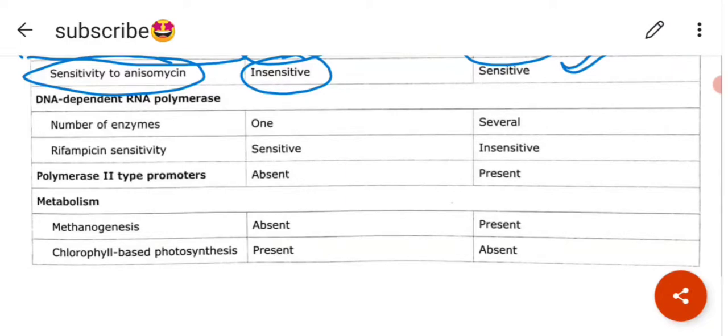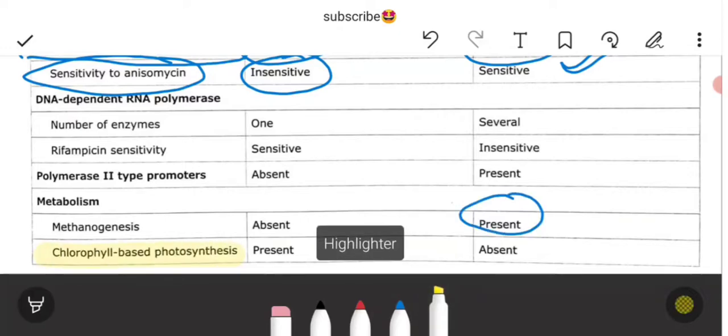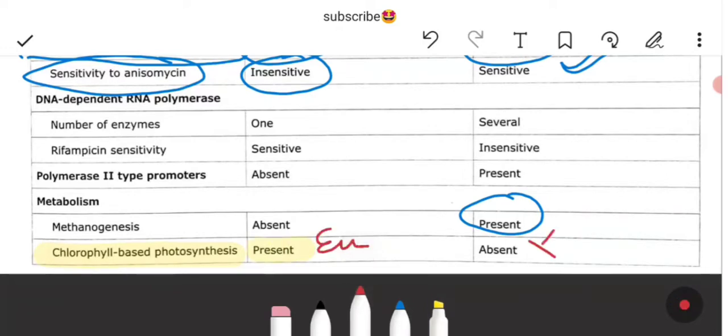Coming to metabolism, methanogenesis is absent in the Eubacteria, but it is present in the Archaebacteria. The Archaebacteria are methanogens. Methanogens are obligate anaerobes, and they produce methane as the end product by combining hydrogen with carbon. There are no other bacterial methanogens; only the Archaebacteria are methanogens. Chlorophyll based photosynthesis is present in the Eubacteria, but it is absent in the